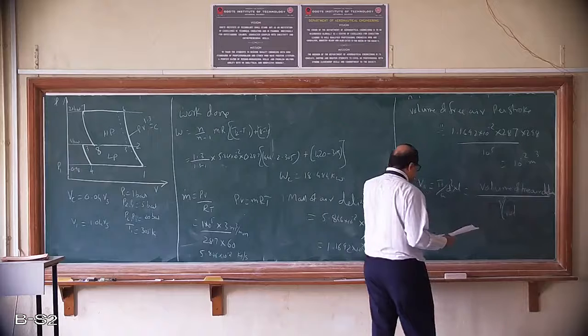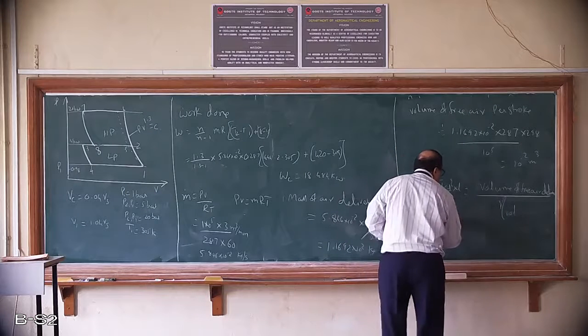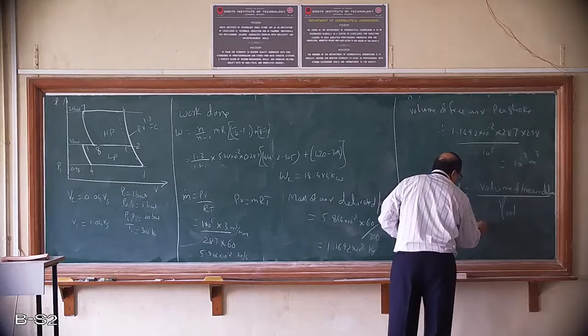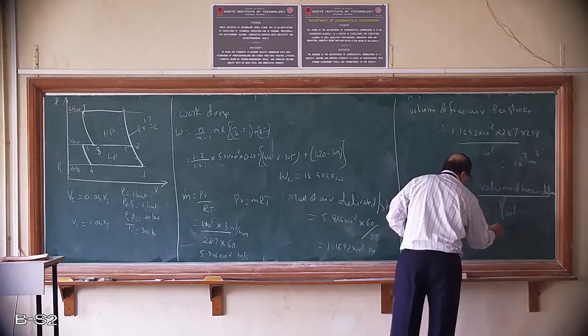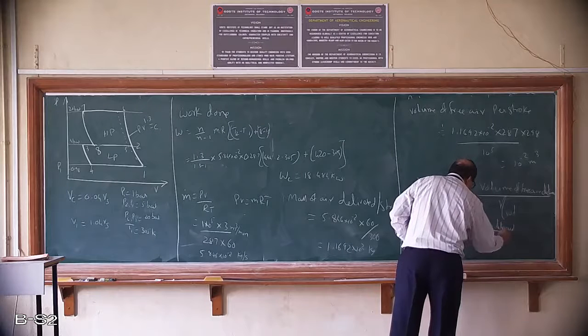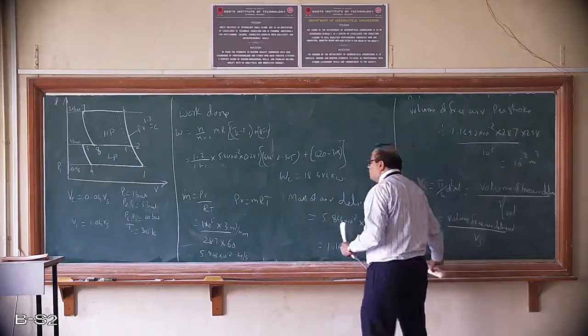So how do I get this? Volume is equal to volume of free air delivered by swept volume. So that's what I have done here. So once we know that,